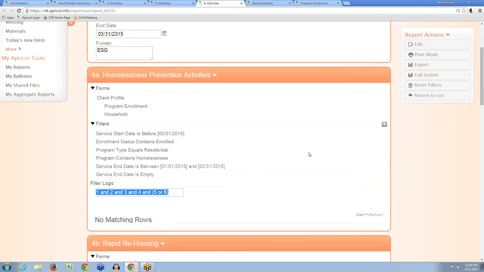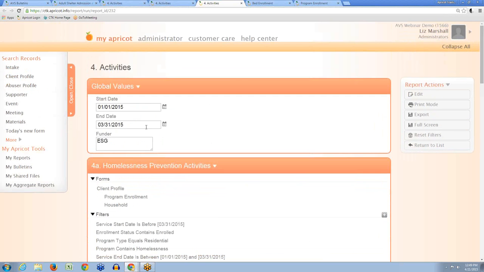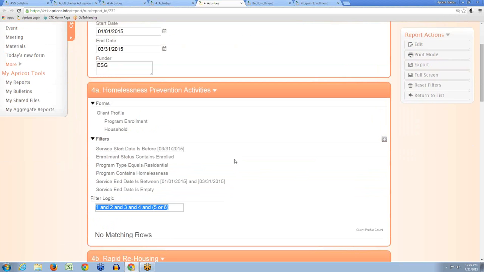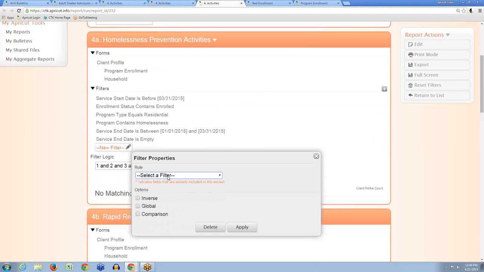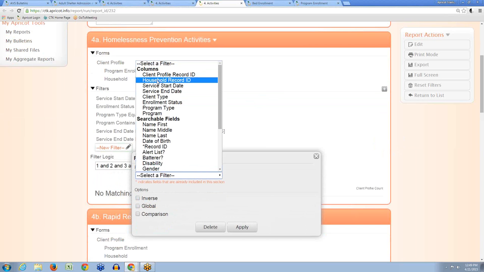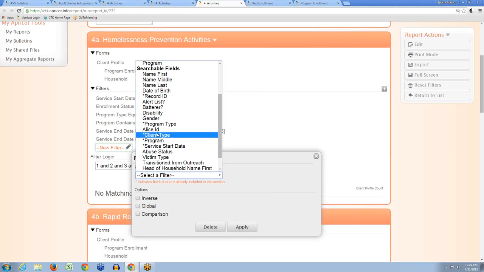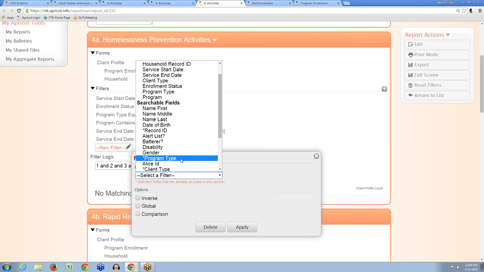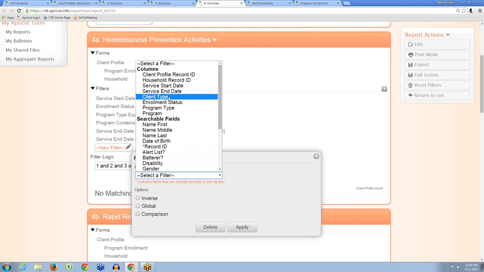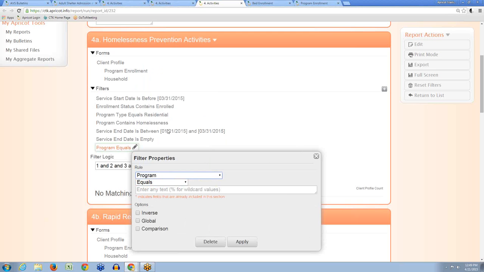And I doubt that I've created any records in this demo site for the ESG funder, so nothing's showing up, but we would build a filter to use this value, and we would say, I'm looking for the funder field. Well, it's not here. I'm going to use program instead and type in